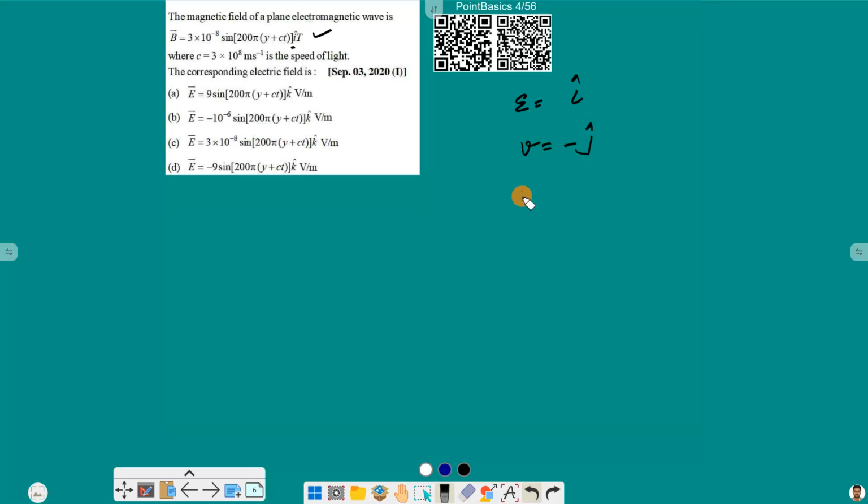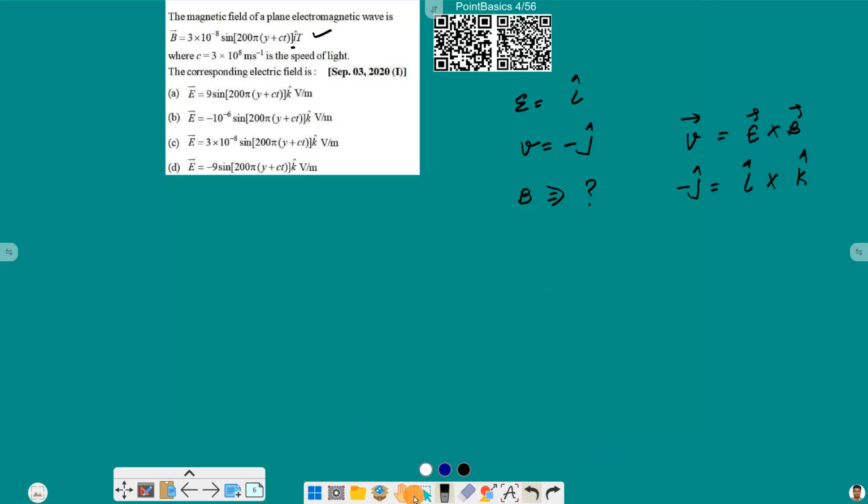So the field has to follow this rule, that V is equal to E cross B, and for that we know that velocity is in minus j, E is in I, so the magnetic field has to be in the